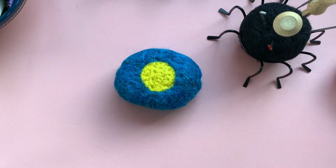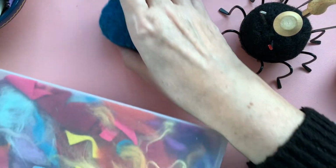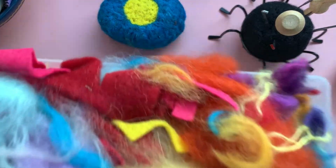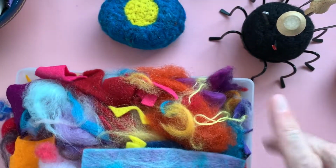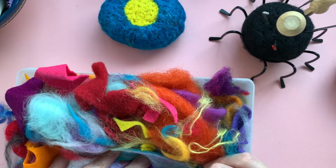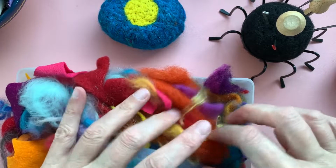Okay, so we're going to go into my box of scraps of things. These are all bits left over from other projects that I've made. So I just want to get something to add into this. I'm kind of just thinking,